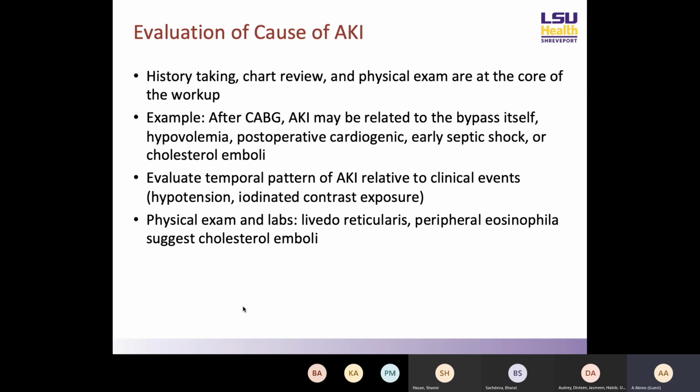Of course, a patient post CABG is a pretty strong suggestion that the AKI may be related to bypass itself. We see obviously tons of patients who go on cardiac bypass that develop ATN. The patient's hypovolemic with diarrhea and they're not eating, if they're a known heart failure patient who comes in with exacerbations, if they're developing shock, if you notice cholesterol emboli, these are all clues that the historical element gives you a lot of information. And with AKI,